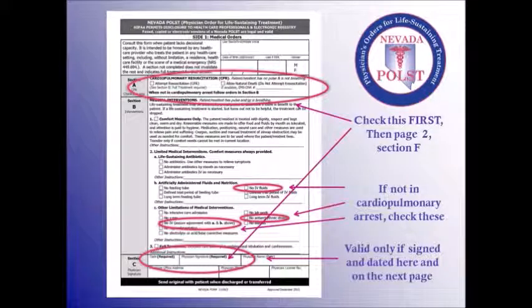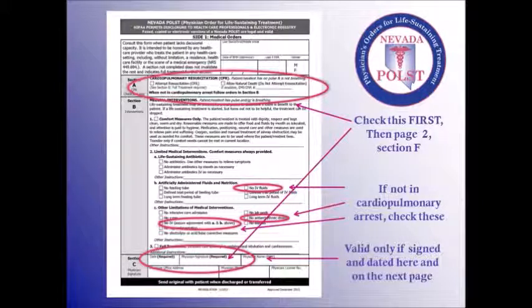So this again is the form, and the first place you want to check, and probably a toss-up, you can do them very quickly though, Section A and Section C, or reverse that. But again, do they want CPR attempted or natural death? But just as importantly, if not even more importantly, do they have a valid signature? Again, we're going to need two signatures.